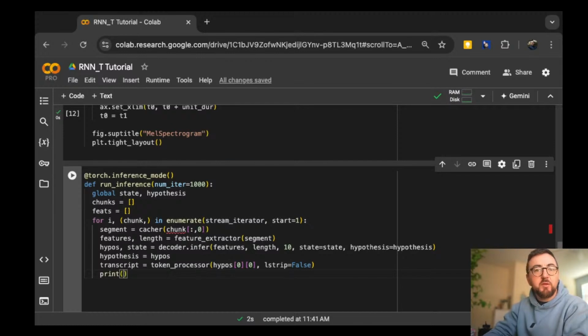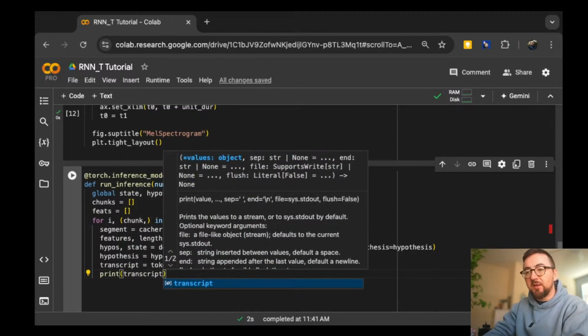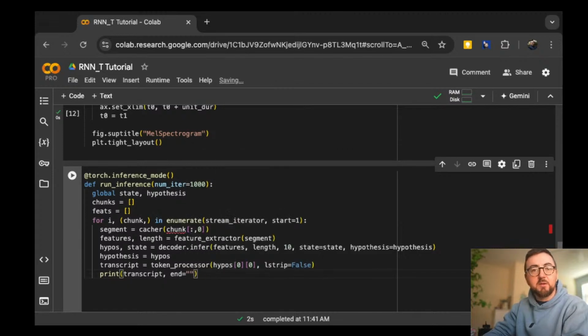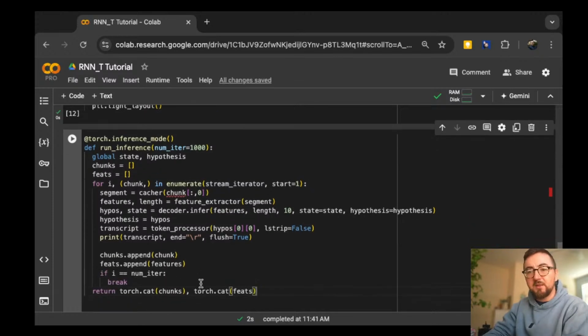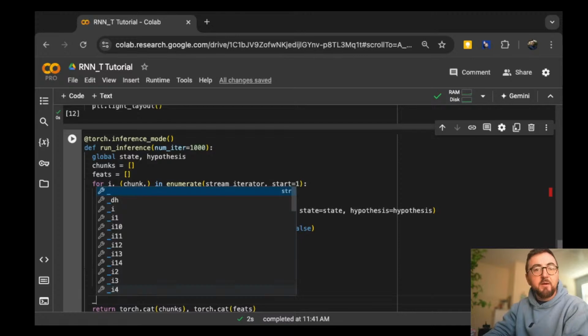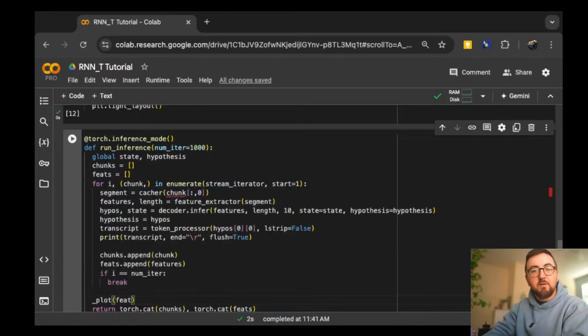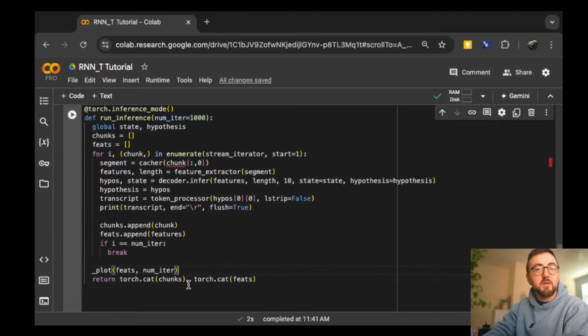So we can get the transcript. I'm going to print the transcript out as it is trying to pick it up. I'm going to say end equals empty and flush equals true, so it'll print a new line for each one. Then we're going to say chunks append the chunk. Do the feature stuff, feats append features, then break if it's at the end. Then before this return function, we're going to say plot the feats and the number of iterations, and then we're going to return